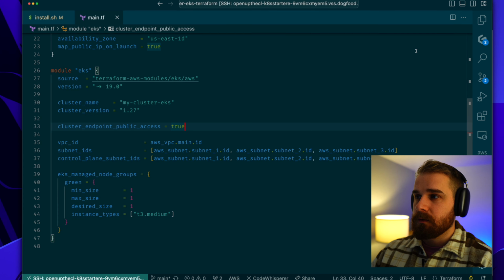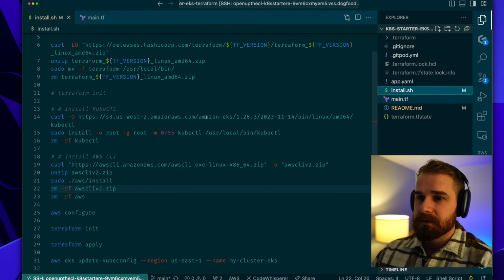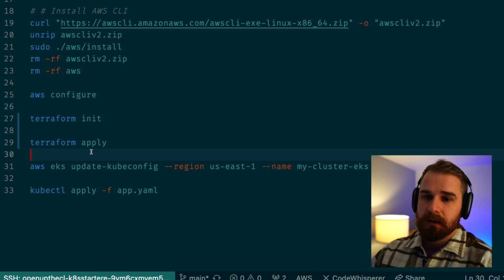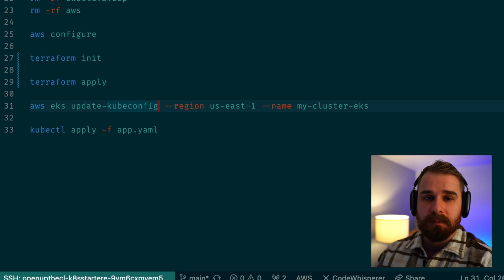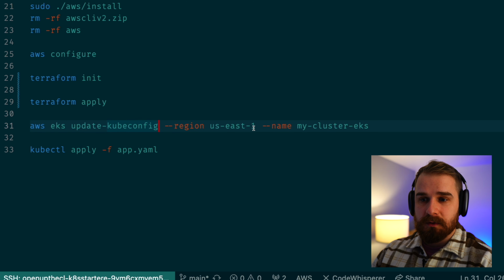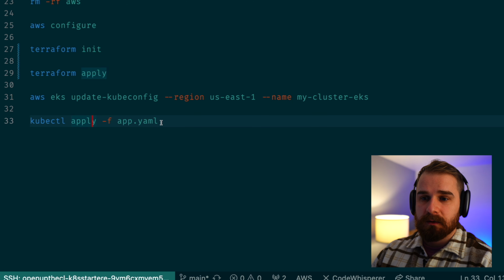So what we're going to do in order to do that is, once this install script runs, once it runs this Terraform apply, it's actually going to run this aws eks update-kubeconfig command. What that essentially does is bind our AWS CLI to EKS, to that cluster, so that we can run kubectl commands. And then with this kubectl command, what we're going to do is apply this file here